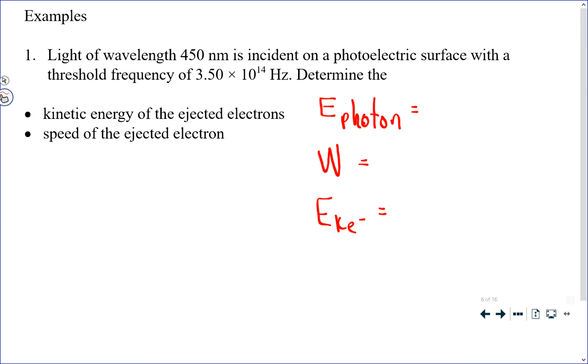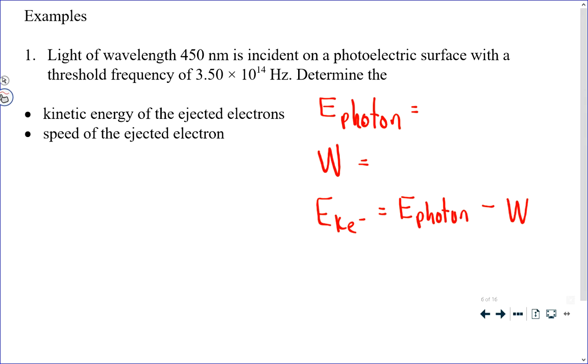The kinetic energy that the electron has when it's outside of the metal will be equal to the energy that the photon had, because when the photon was absorbed, it was transferring all of its energy to the electron, minus the work function,